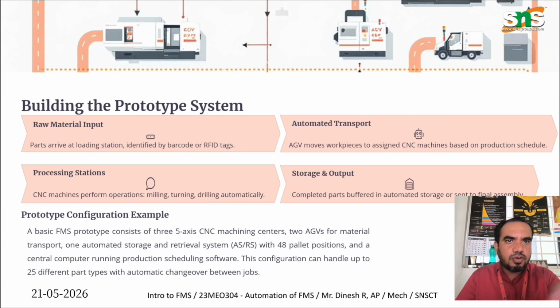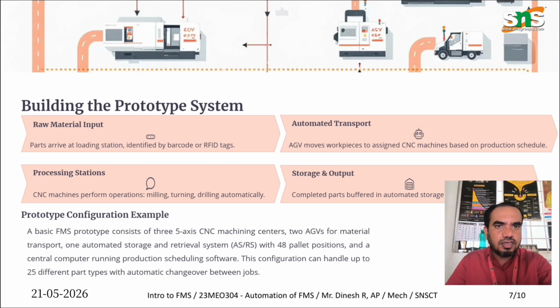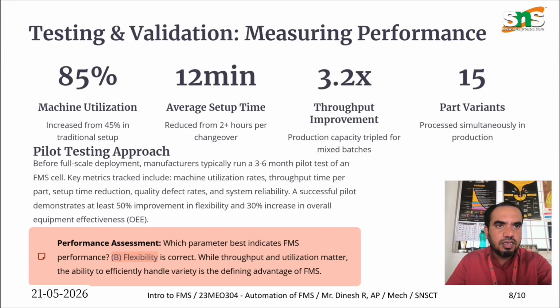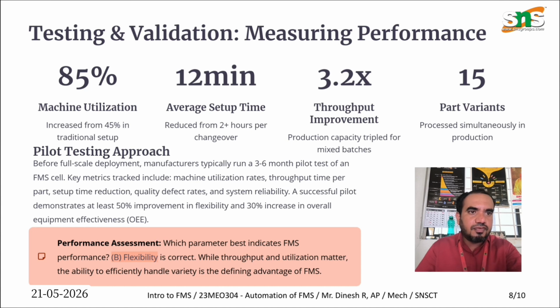So building the prototype system, it consists of raw input, automated transform, process station, and staged outputs. So these are all the main things when it comes to the prototype system. And when it comes to testing and validation, machine utilization is 85 percent. Average setup time must be